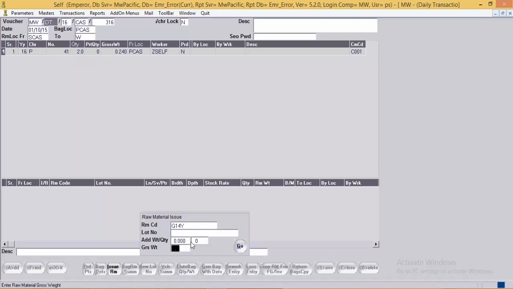User can either use add weight or gross weight option. When the user knows the weight of the raw material which is going into the bag, he can use the add weight option, and gross weight needs to be used when user does know the gross weight of the piece and not the actual weight of the RM which is going into the bag.